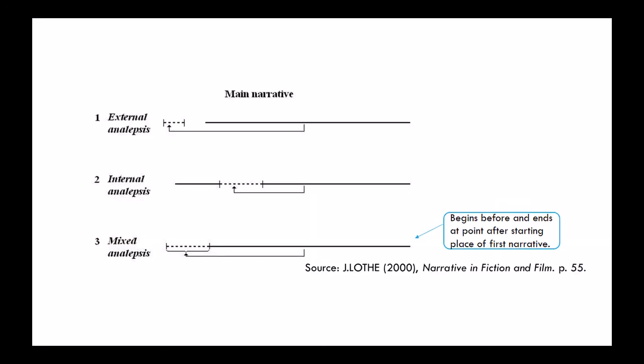Analepsis can be either internal, external, or mixed. If you imagine that this is the beginning of my story, and this is the end, the last page of the narrative, an external analepsis is a flashback that narrates events which are not part of the story, which took place before the story started. An internal analepsis is a narrative that progresses up to a certain point, and when it arrives at this or another internal point, it goes back to refer to events that took place previously.